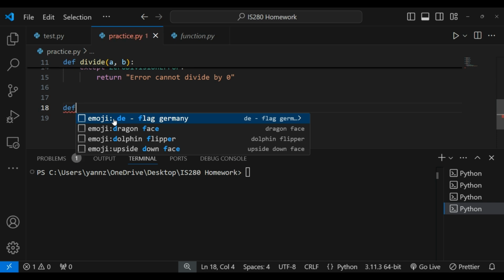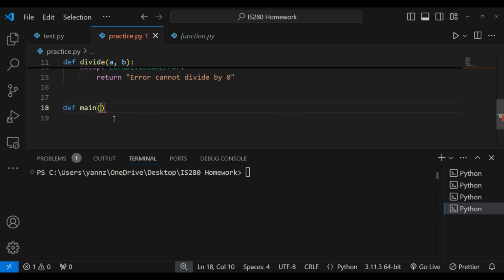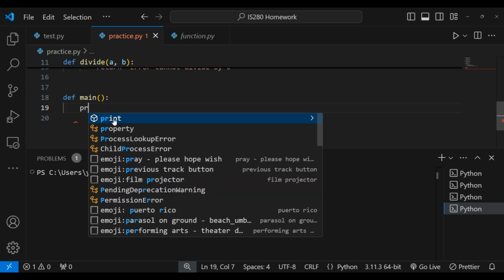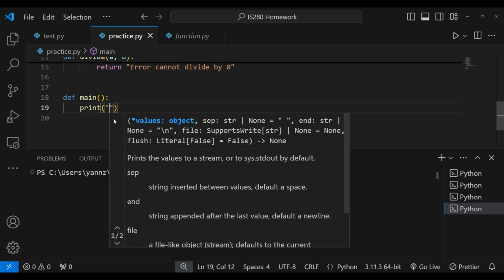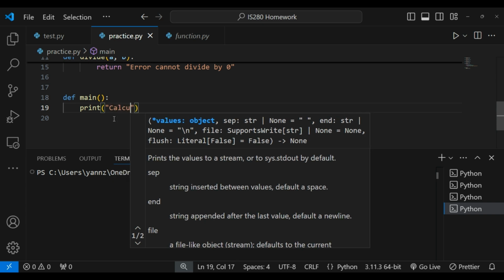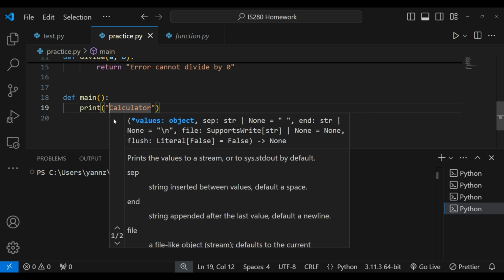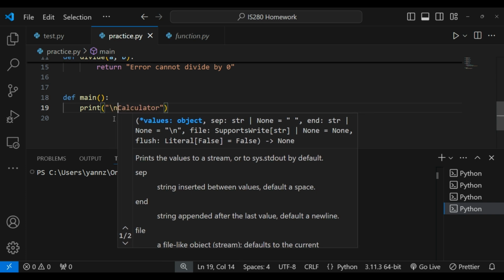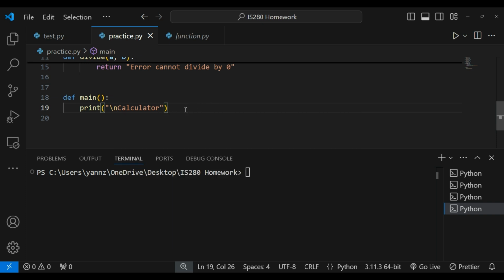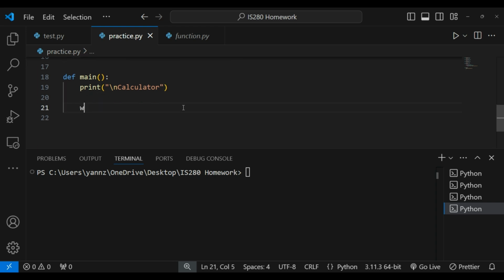Now we can use the main function to call all the other functions. So when the program starts, we can just print calculator. So this \n will allow us to print a new line before printing calculator to make the code easier to read. So now we can use the while loop